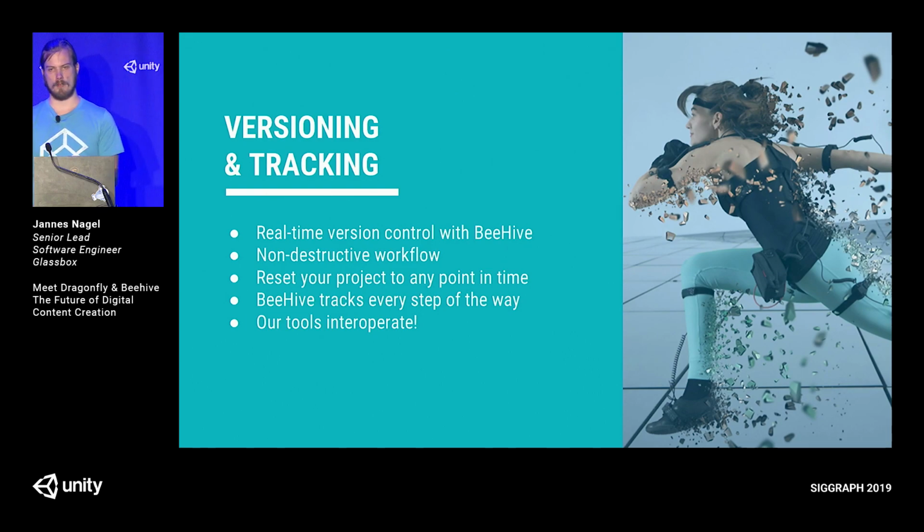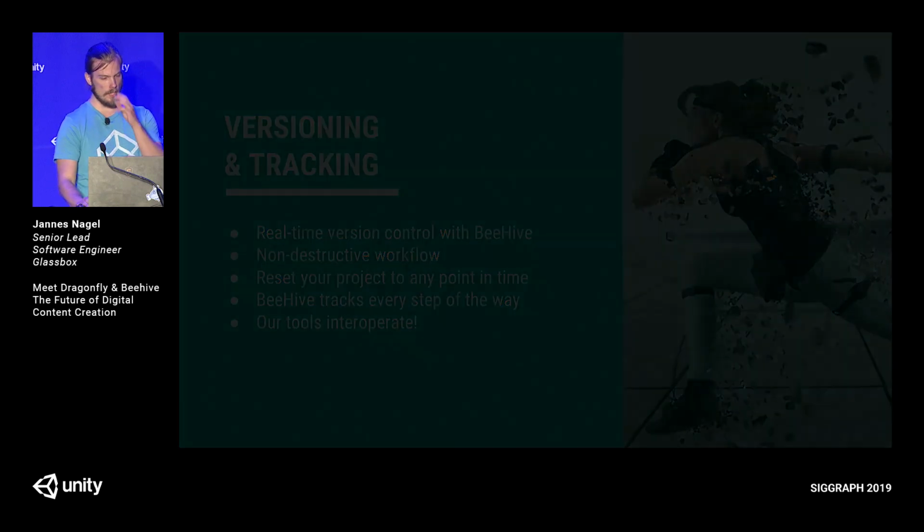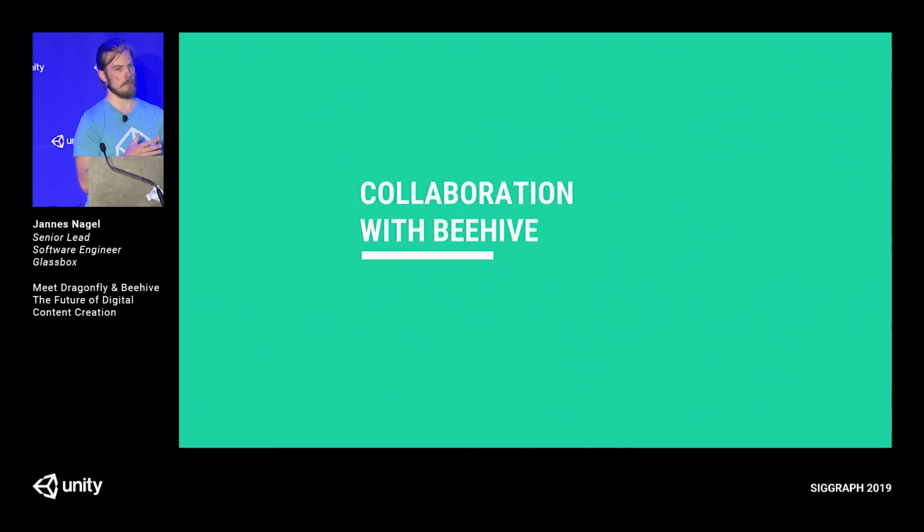And of course, our tools interoperate. So if you have DragonFly and BeeHive in the same project together, you can also get shot tracking and more collaboration features. Speaking of collaboration, BeeHive is really like a scaling product. It's designed to not only make one instance of Unity better, it's designed to make a cluster of people working together better. And we do this by basically networking BeeHive